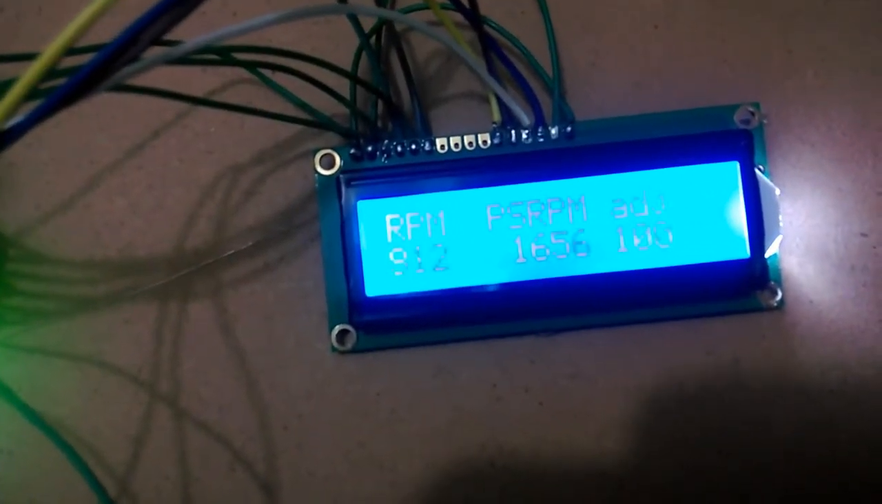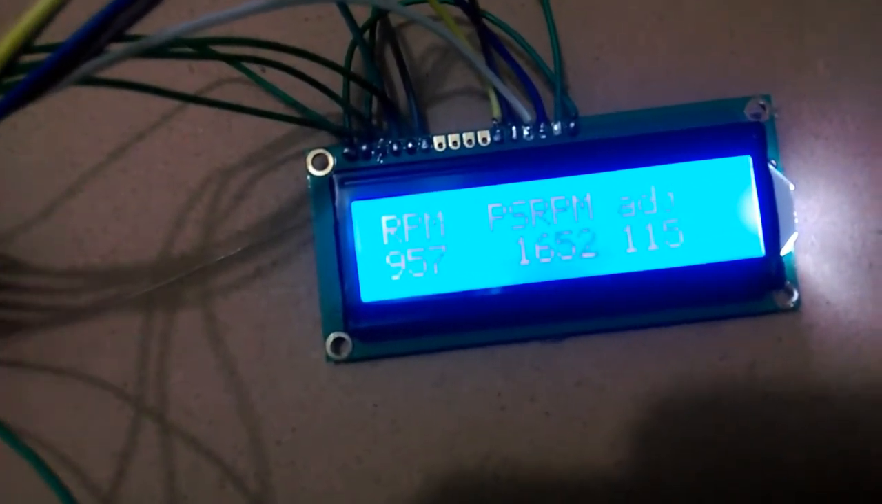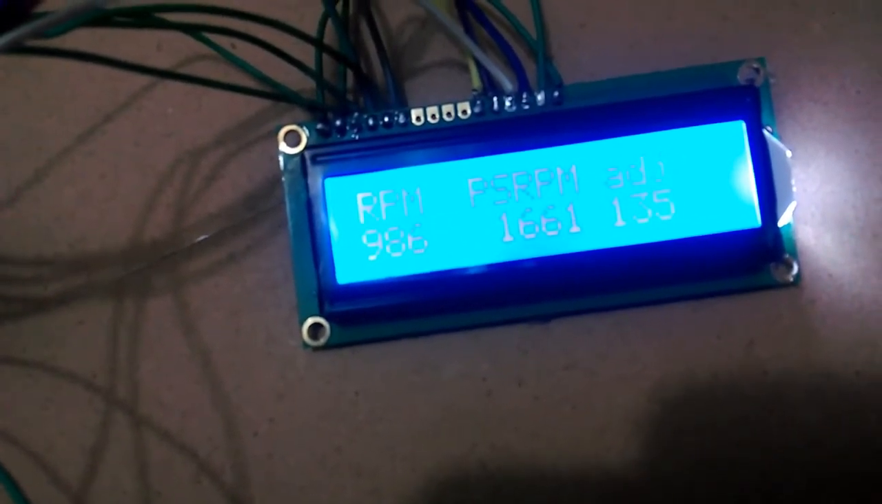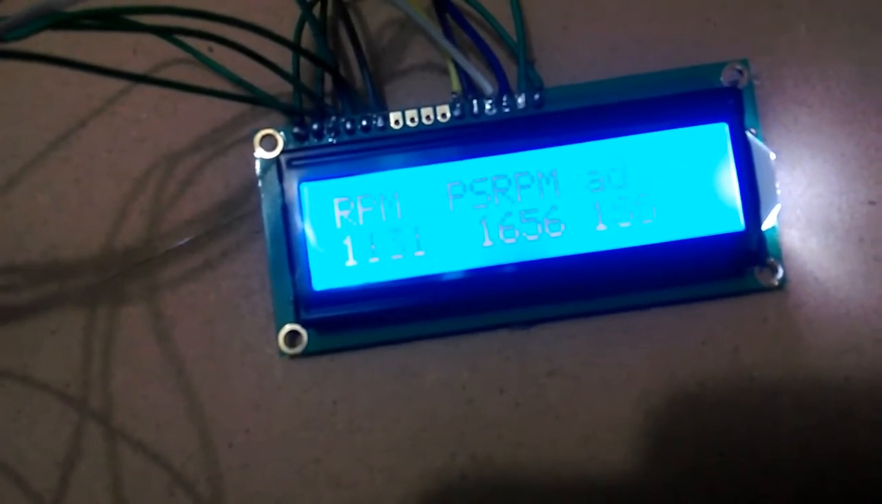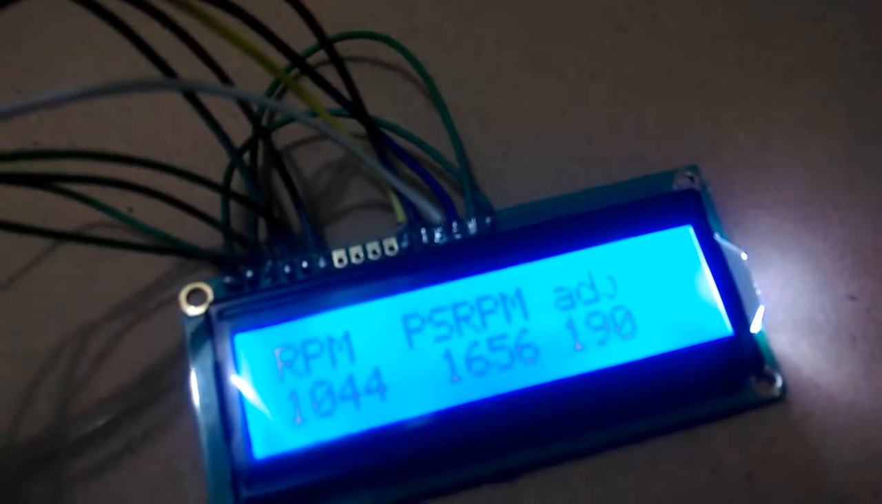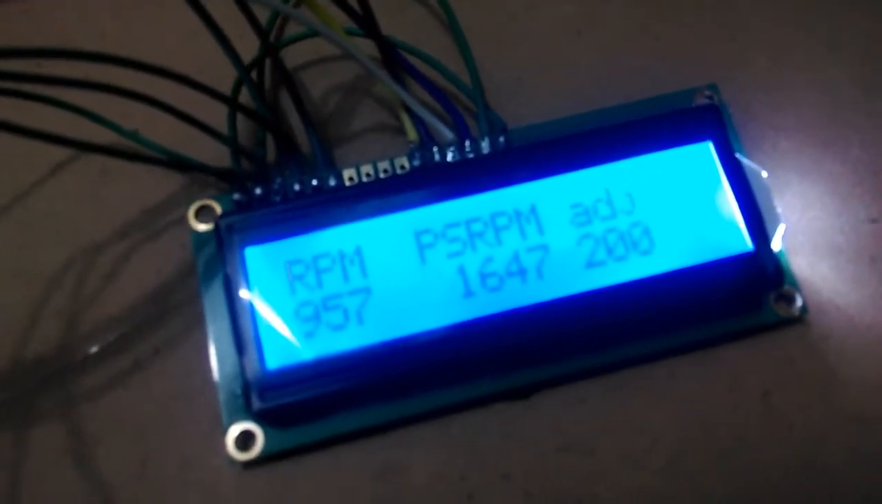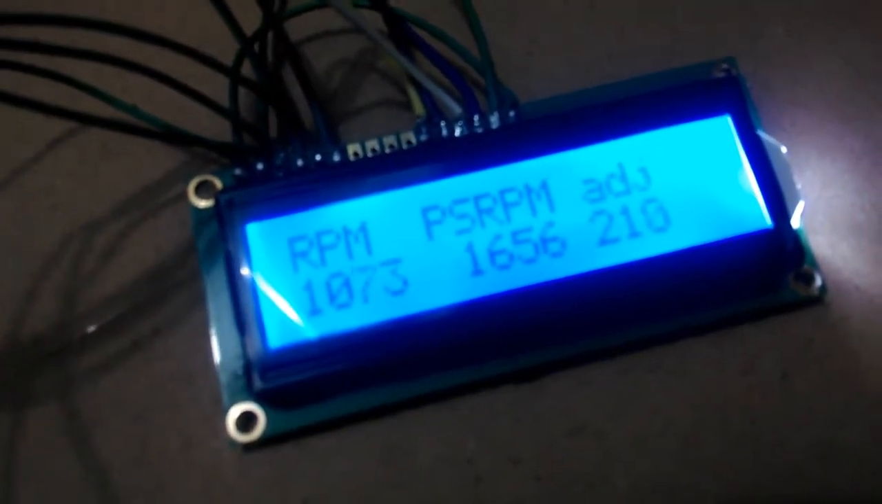So what if I put some load? It will start increasing its power. You can see that the adjustment value is increasing, 90, 100, as per the load. So as I'm increasing the load on the DC motor, as you can see, the adjustment value increases,